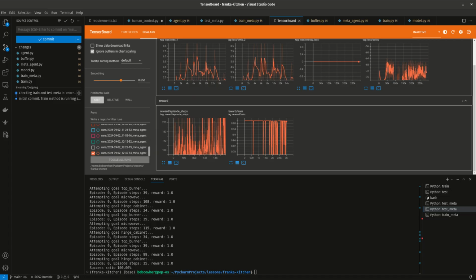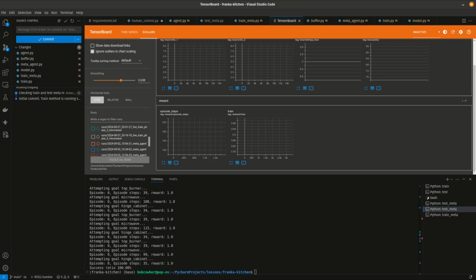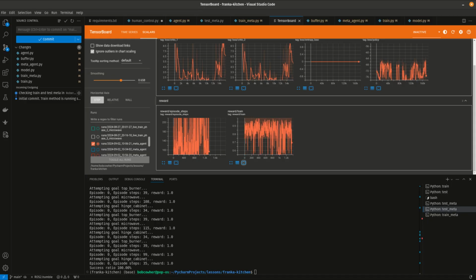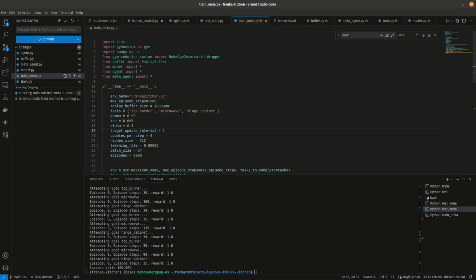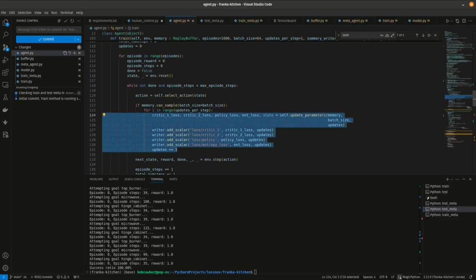All right, so it's had some time to train. So where did we land? Well, the first run at this, the first meta agent training, did not quite look like we wanted it to. It was very noisy, it was dropping in and out, and that told me that there was something wrong with the process. So I looked for mistakes that I may have made,